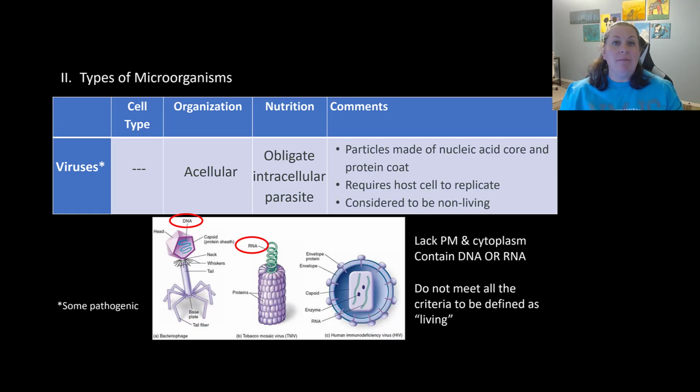Some comments about them: they do have a nucleic acid. They either have DNA or RNA. They do not have both. They have one or the other. We call that their nucleic acid core, and it's going to be protected by a protein coat. This protein coat is known as its capsid. Now, capsids can have different shapes, which gives you the different types of viruses that you see here in this